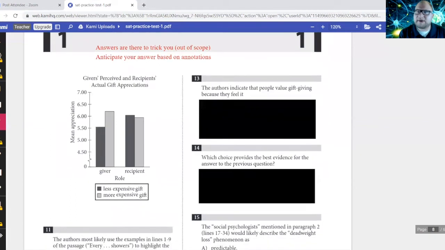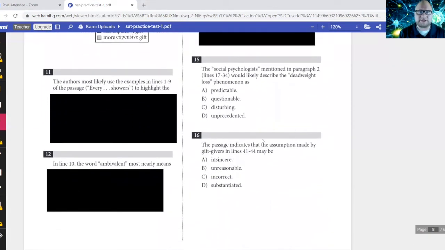So that is why relying upon these annotations is going to be very, very helpful in regards to this aspect. So let's look at this first question, and that is it's called the CARE method. You're going to cover your answers, and you're going to anticipate what the answer would be based upon your annotations. The author most likely uses the examples in lines 1 through 9 of the passage, starting with wherever he down to showers, to highlight